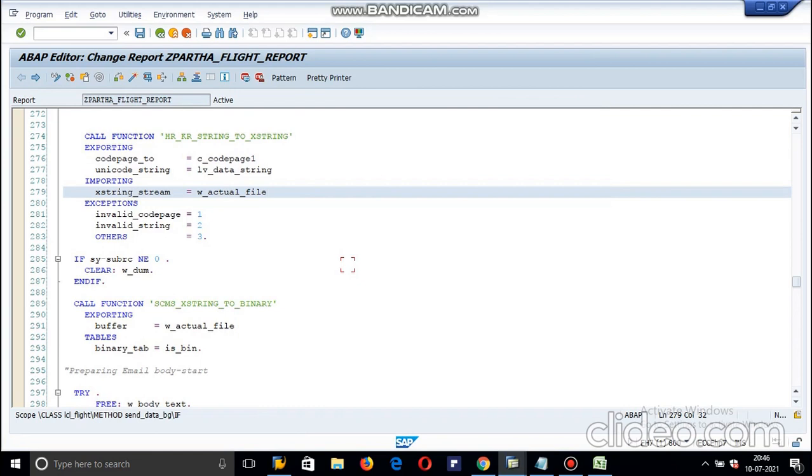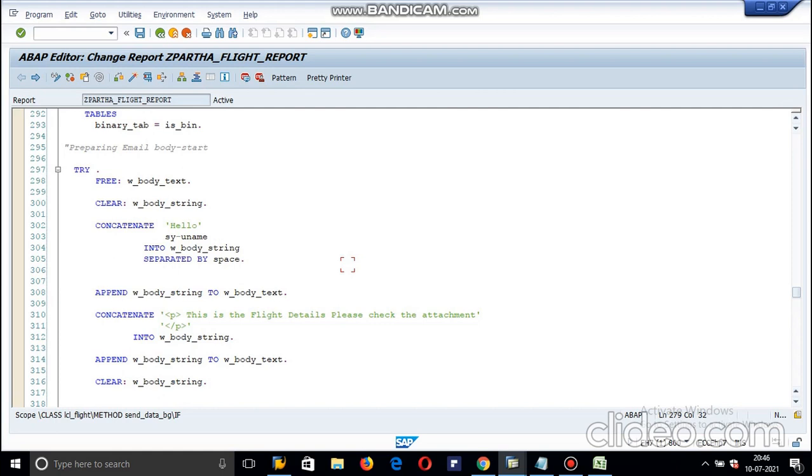Why? Because the binary goes from SCMS to Excel. SAP will understand after converting it to binary, and the binary will be understood by the PDF or the Excel, whatever data is coming. Here we are also preparing the body in HTML format.